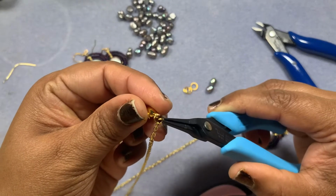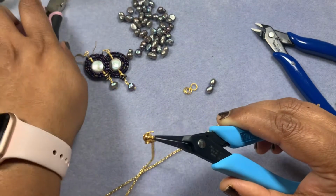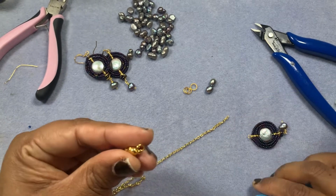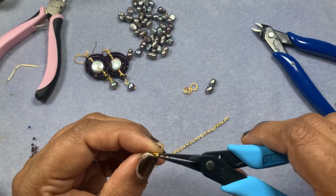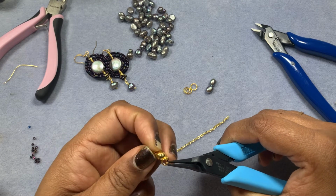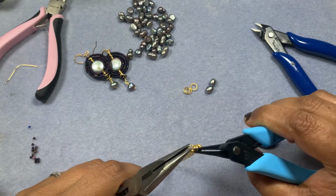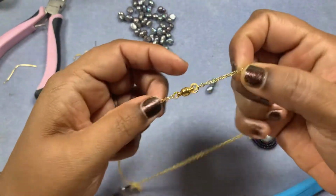and then one end of the clasp, take another needle nose pliers, and then you can close it together. There we go. And over here there is this other one, so it just has an overlap like a split ring. I want to keep it that way. You can also open it up completely and put it like a round jump ring, but I like to keep it this way here. So the other end of the clasp and the other end of the chain goes in here, and then we just connect it, make sure it's nice and tight, and then we have our clasp connected,